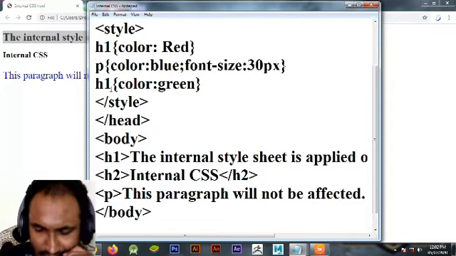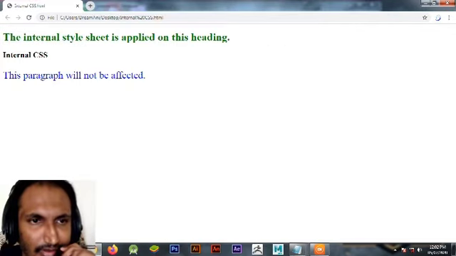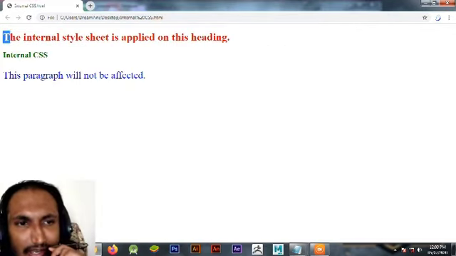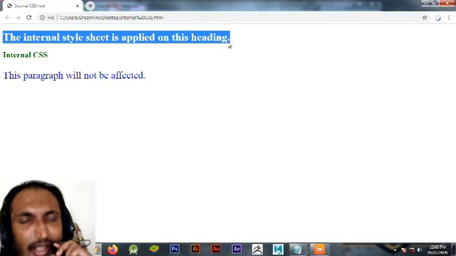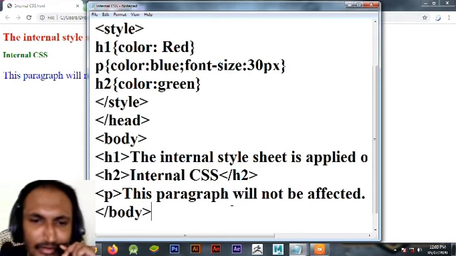Sorry, h2. The tag will be green and the color of the h1 tag will be red here. So this is all about internal style sheet.